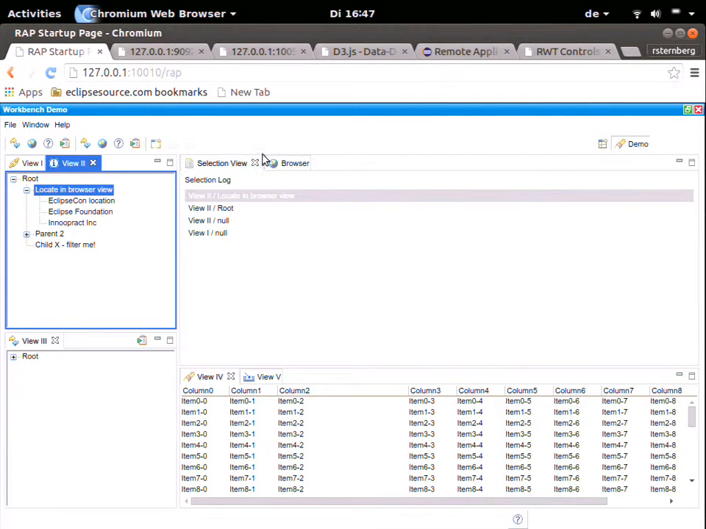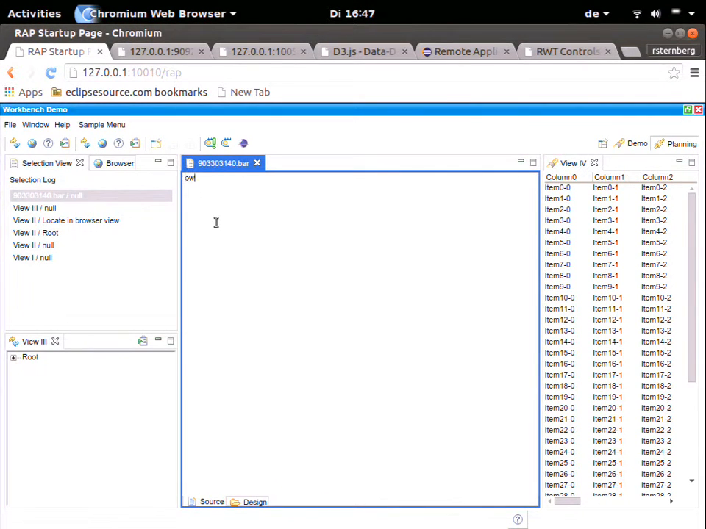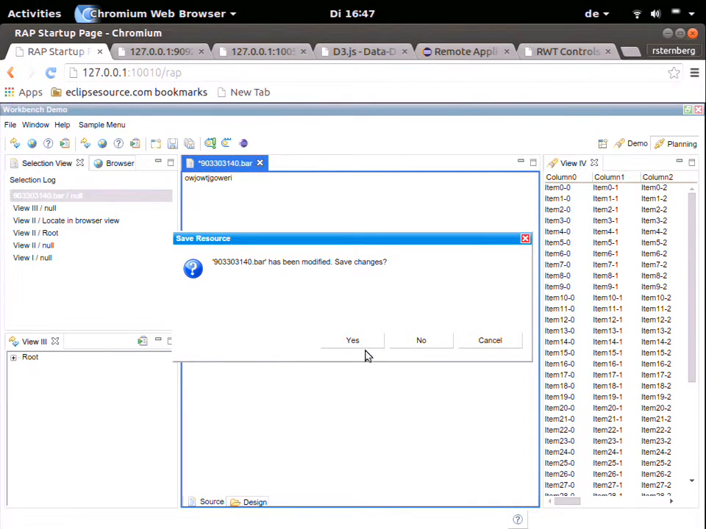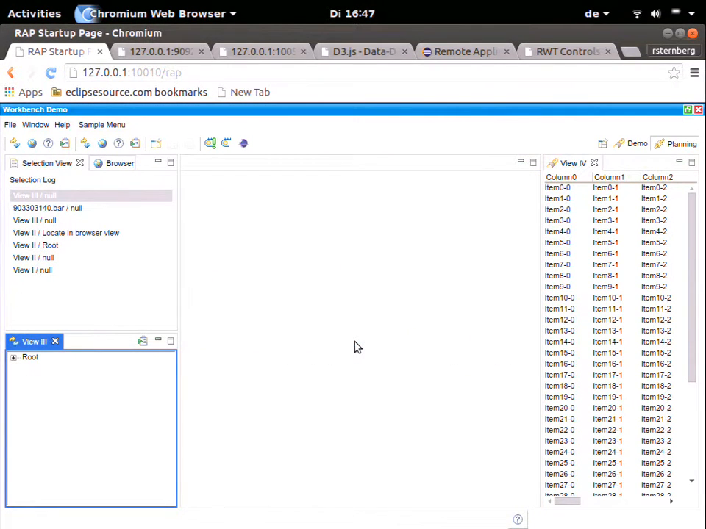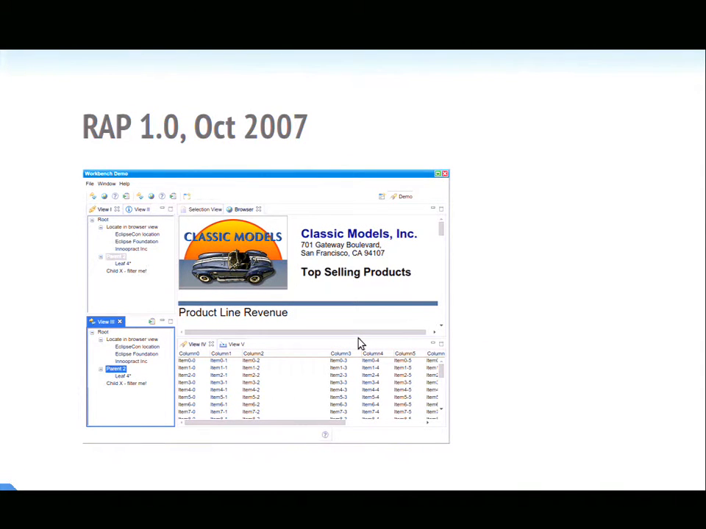But that's what you can basically do with RAP also now. Bring an RCP application into the browser with very little modifications. You see you can switch perspectives here, and even in RAP 1.0, you could open an editor with dirty detection, and when you close it, you are asked if you really want to save your changes. All that was already there in 2007. And when you remember the year 2007, just